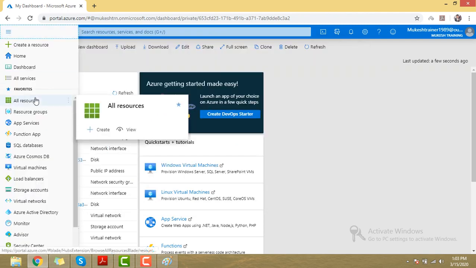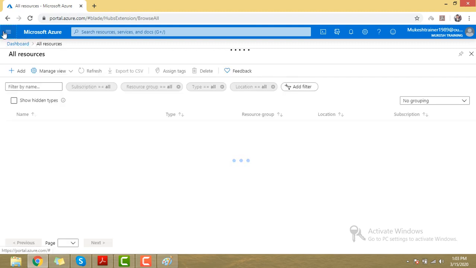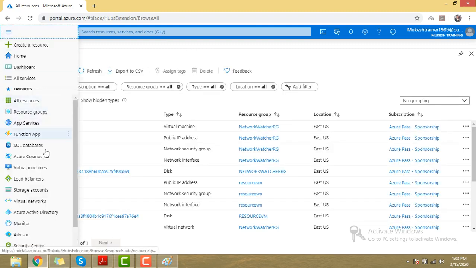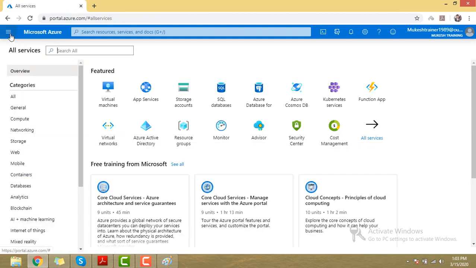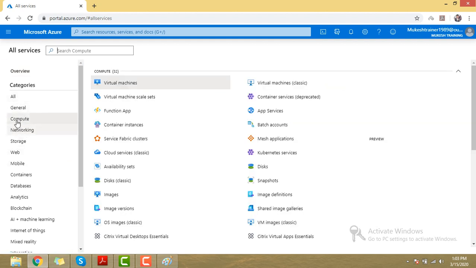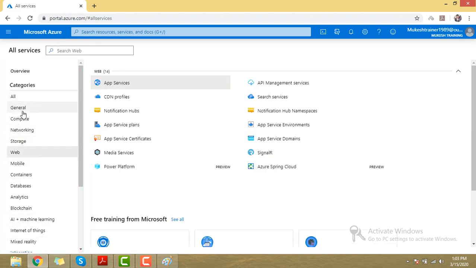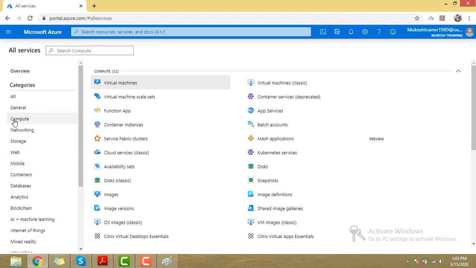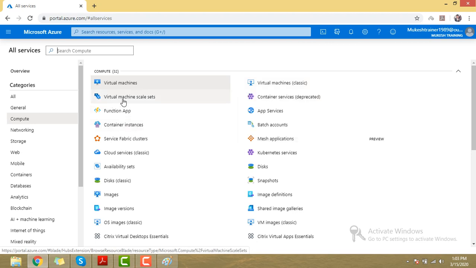Let's try again. Okay, all services, and here you are gonna find the compute option. There are many services which it offers, that is networking, storage, web, and so on, but we are focused on the compute right now. And in compute there is a virtual machine, and another one is a virtual machine classic,